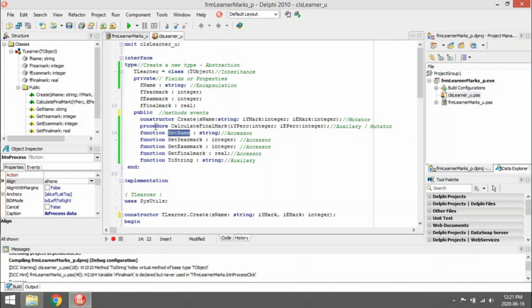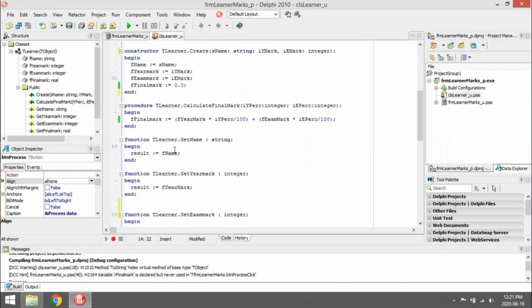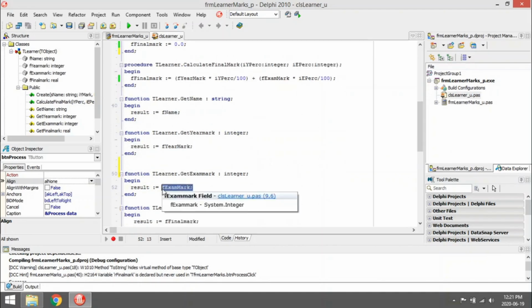That function or procedure must be under the public of the class to be able to get access to it. Okay, so coding for getName will be fName, and that will be sent back. So it will send back fName, this will send back the YearMark, and this will send back the ExamMark.